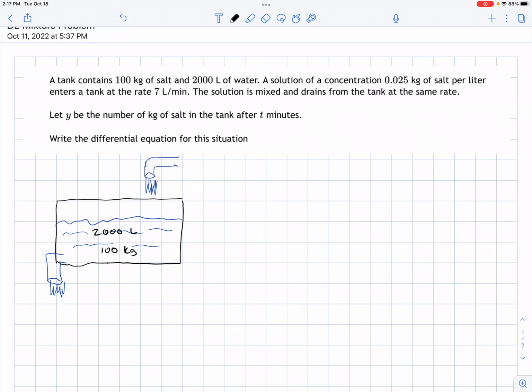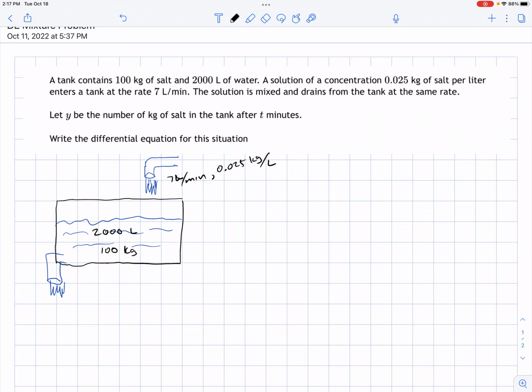So if you see this picture, we got something going in, and it's entering the tank at 7 liters per minute. And I'm also going to write this concentration because it has 0.025 kilograms of salt per liter. That's entering the tank,